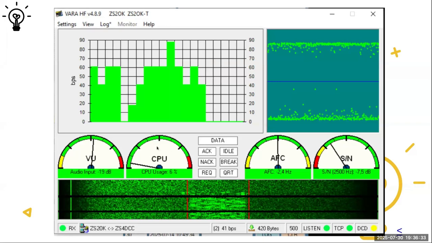This is the CPU utilization, and ideally, you shouldn't go beyond about 80% CPU utilization, otherwise it starts losing packets or creating error conditions. But if you have a fast PC,